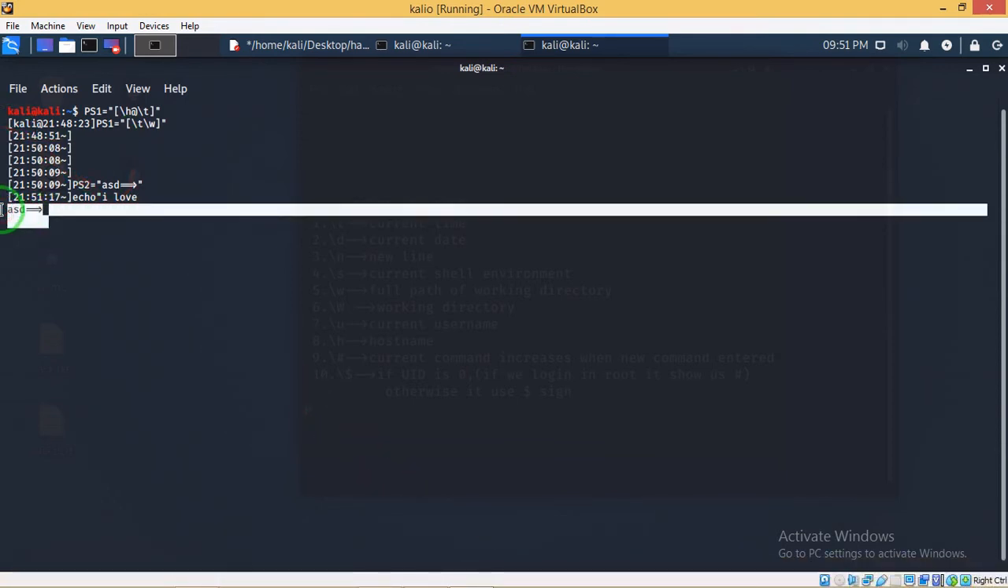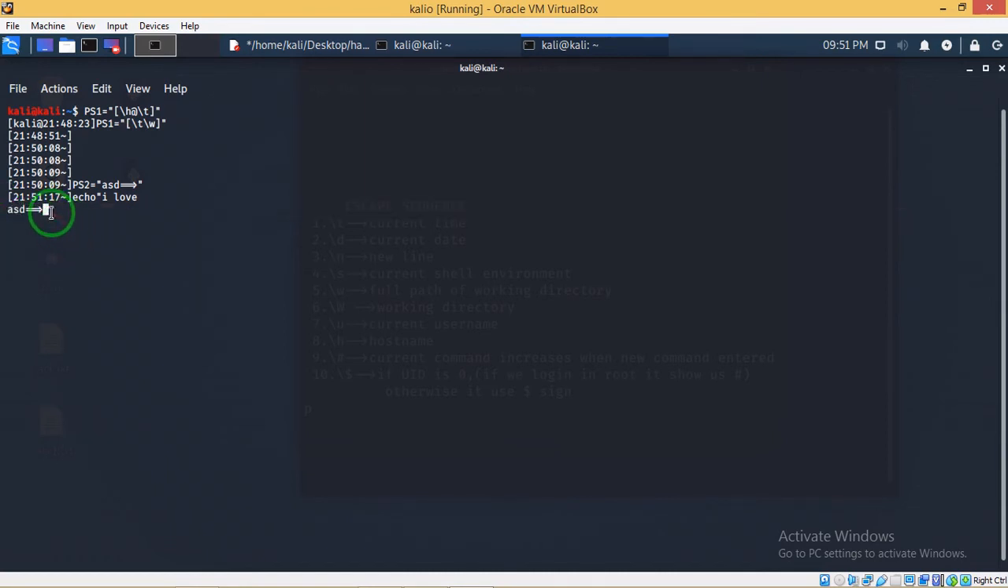This is said to be the default secondary prompt. Whenever I'm using a multi-line program, it shows you like this. So we can end this with I love Linux. I'm closing the quotes and hitting enter. It shows you